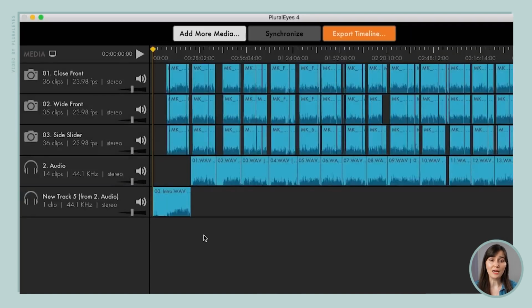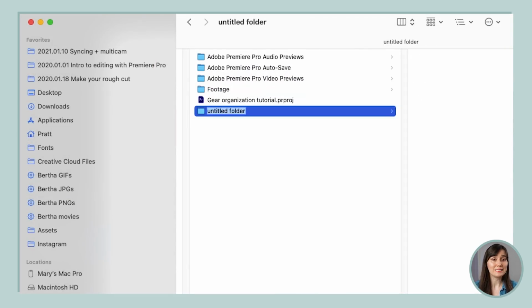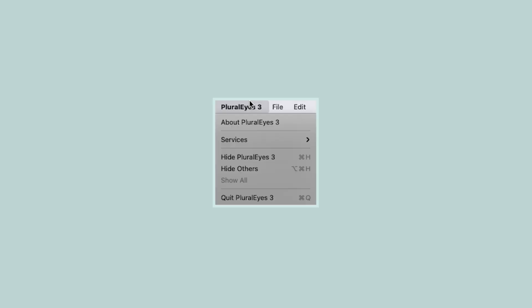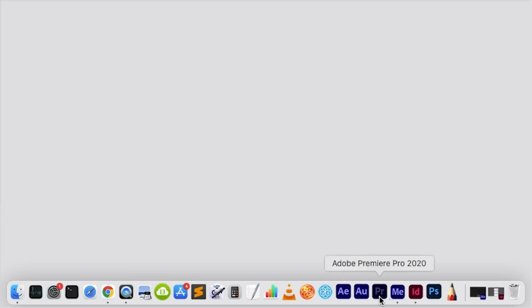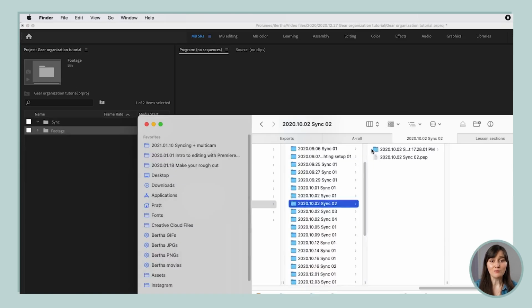And so at this point, I am ready to move all this work we've done here into our Premiere project. So to do that, I'm gonna go up here and click Export Timeline. And then for the export format, obviously we're going to click Premiere Pro, and I usually create a folder called Sync inside my same project folder. And now I'm gonna quit PluralEyes, I'm gonna open back up Premiere, I'm going to create a bin called Sync, and now I'm just going to simply drag what we saved from PluralEyes into this bin,